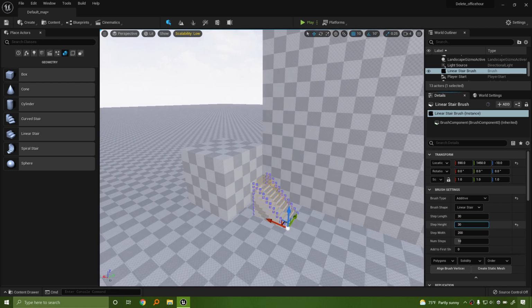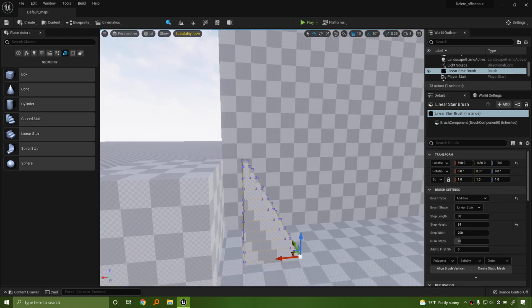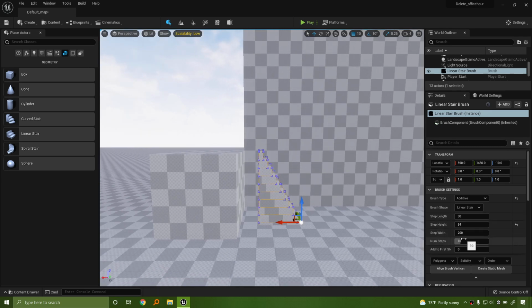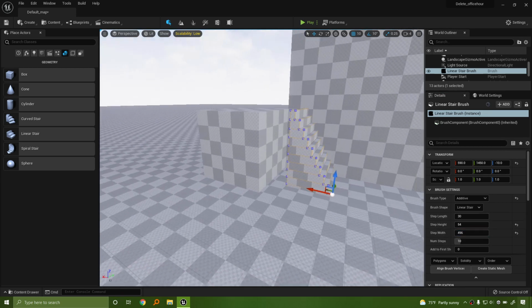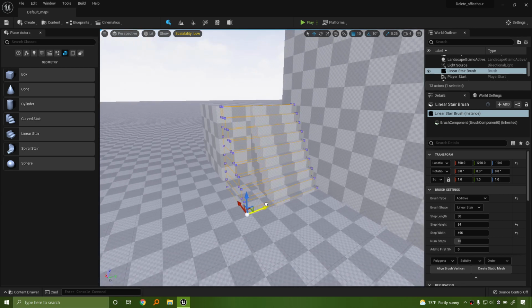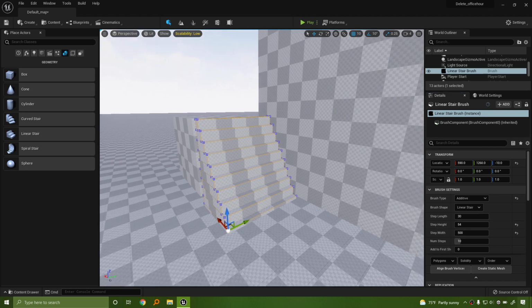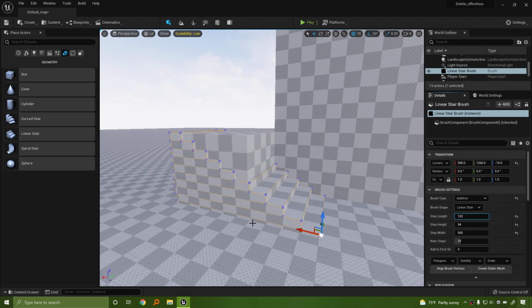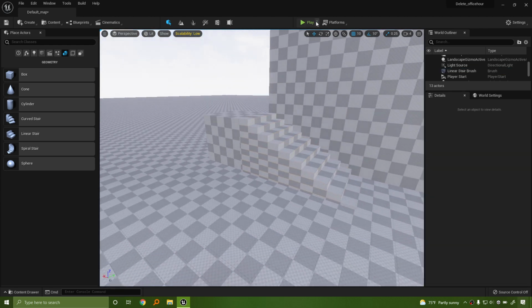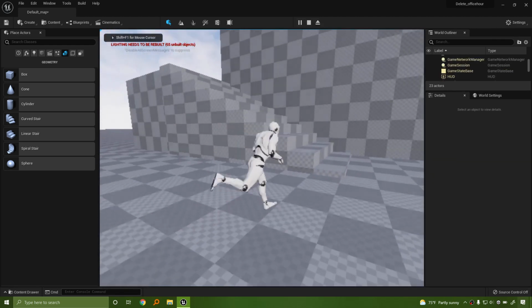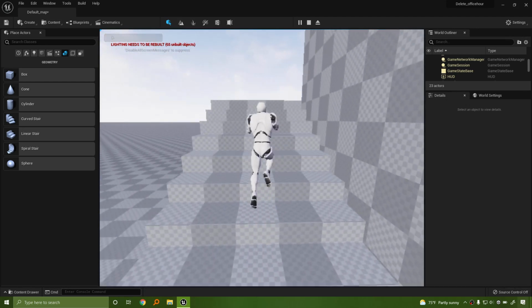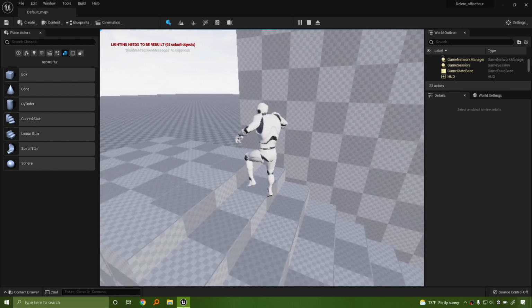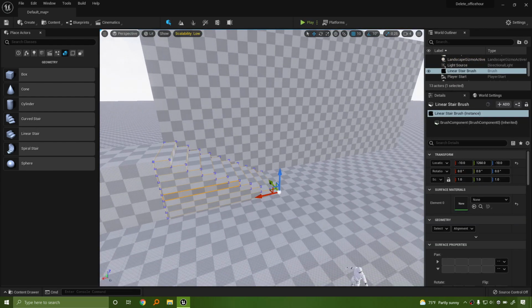Okay, let's increase the step height. It doesn't have to be perfect. Remember, we're just playing around to make sure we're getting what we want here. We'll set this to 500 as well because that's the width of the box. And then we will see if we can increase the length here and move that over here. I want to hit play real quick. So the stairs are a little bit too chunky for our little guy. That's okay. You can always add more.